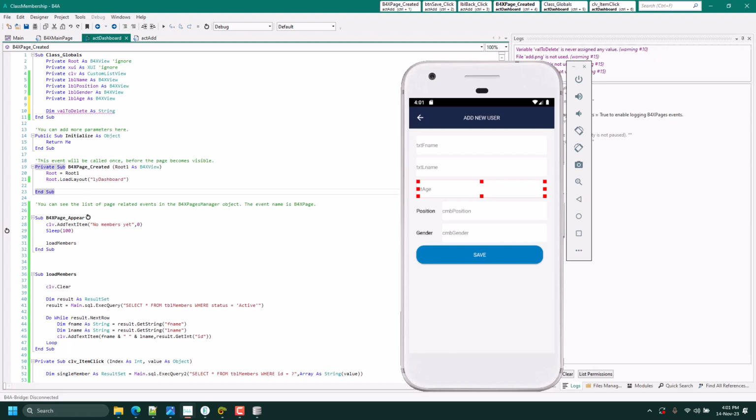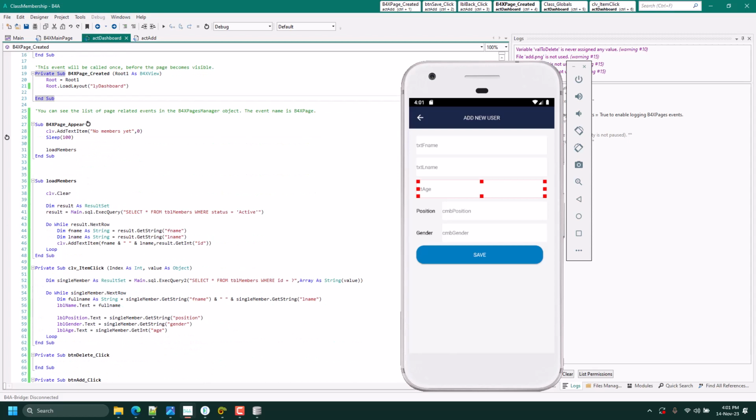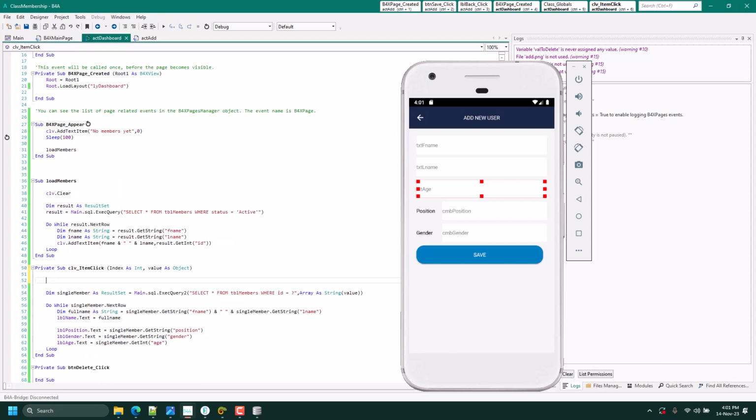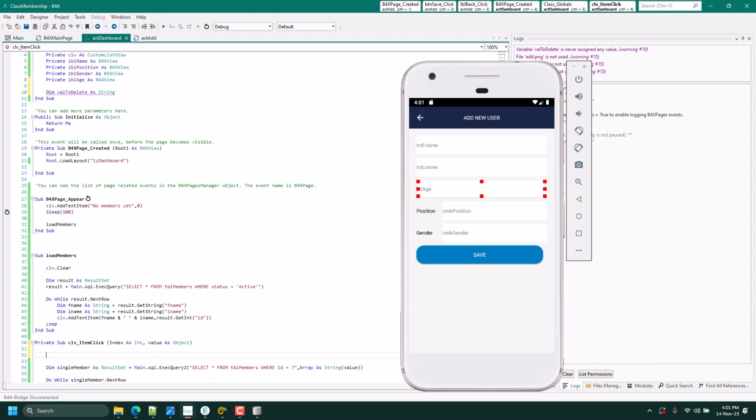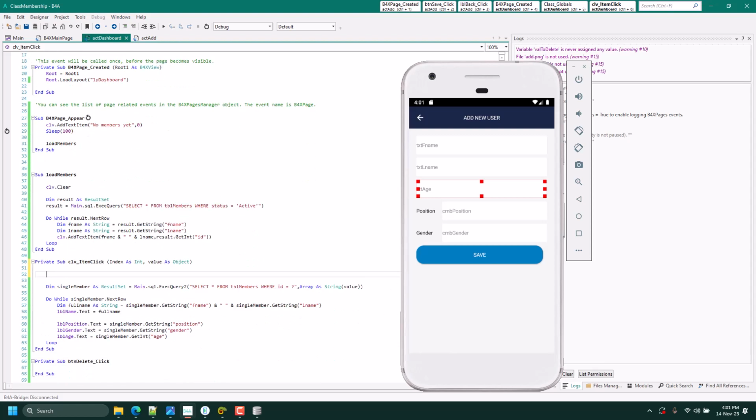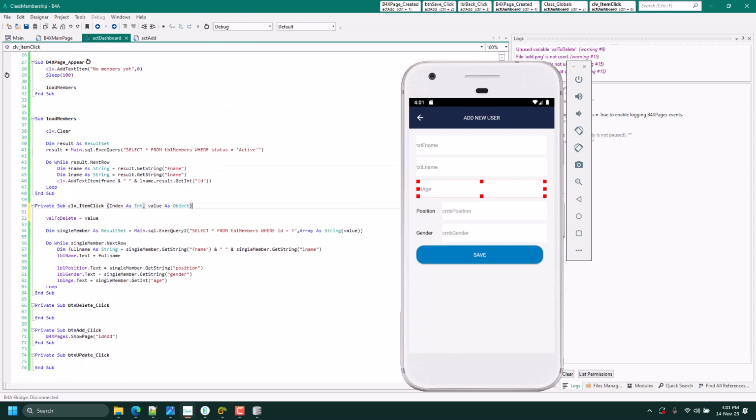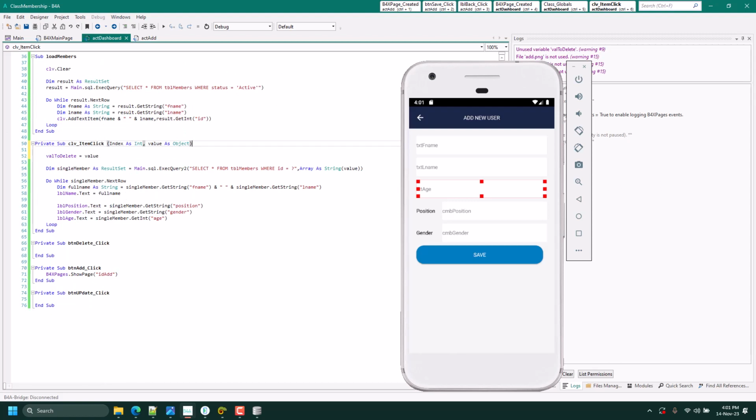Anytime we select, this same value should be passed to that global variable, which is file to delete. So file to delete equals the value we are receiving. Anytime we click on an item from the list view, we should also update this value. So we'll use this value for the delete.